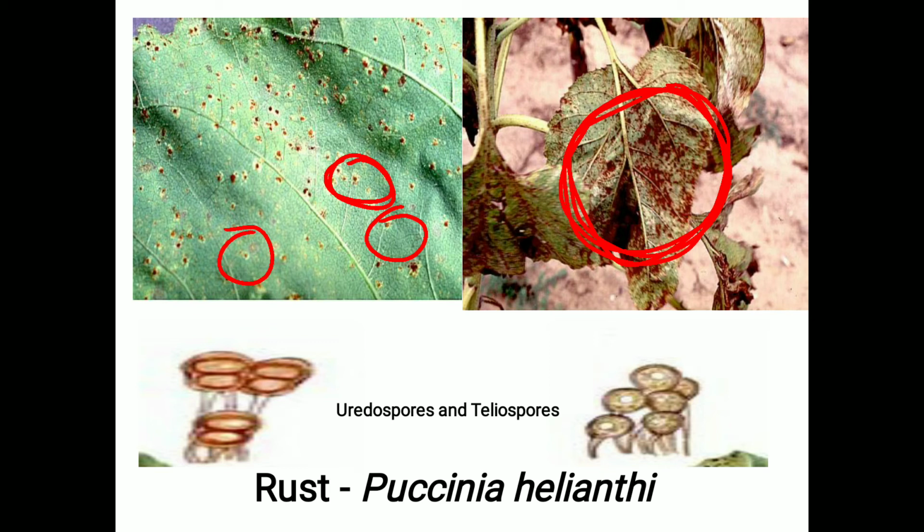Regarding management strategies, we have to grow the crop with a resistant variety. For example, Modern, EC or Surya, or EC684142. These are the resistant varieties against the rust disease of sunflower. Then regarding chemical control, we have to spray the crop with mancozeb or Zineb at a rate of 0.25%, or remove and destroy the volunteer seedlings or infected seedlings from the field. So this is about the management strategy of rust disease of sunflower.